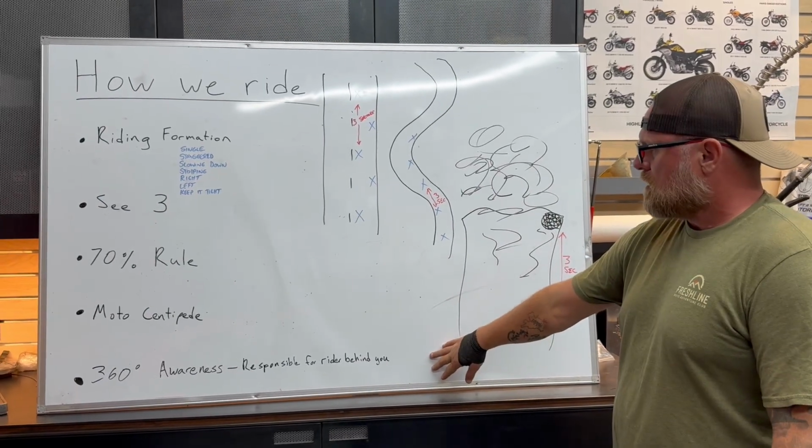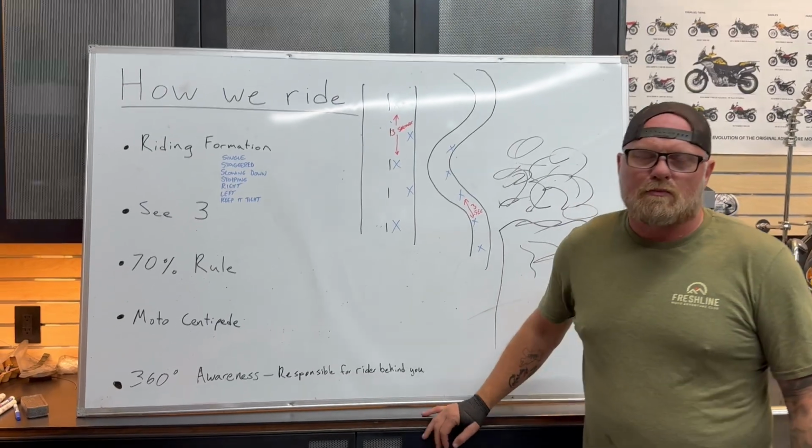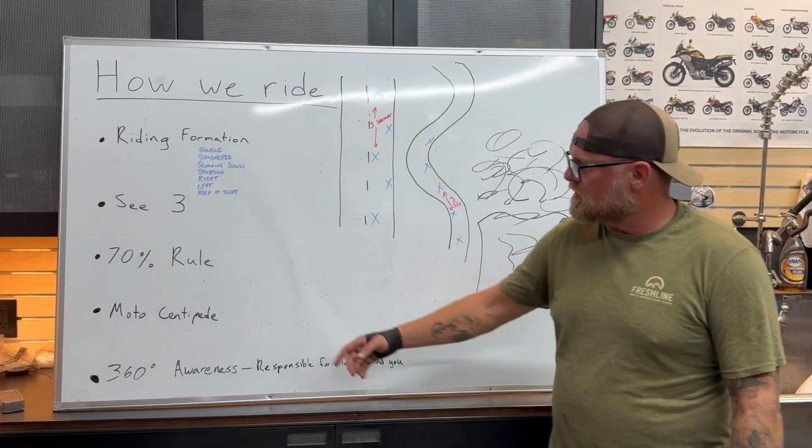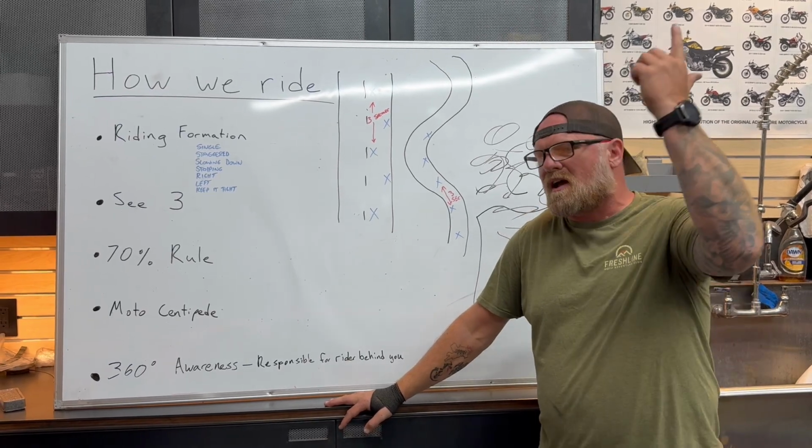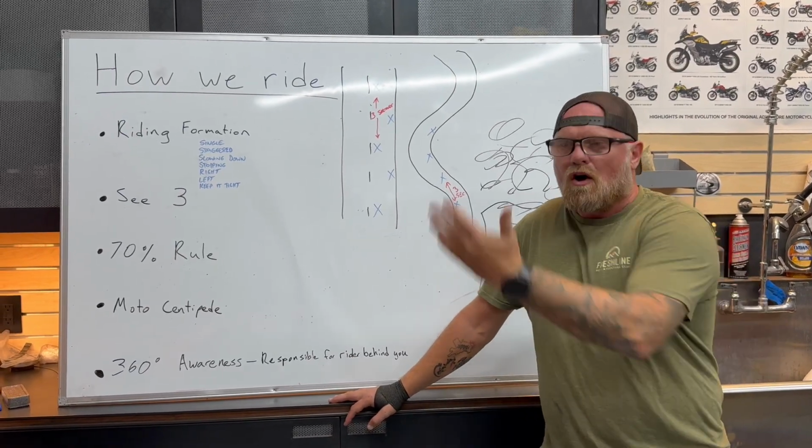360-degree awareness. Ultimately, you should be responsible for the rider behind you. Now, I mentioned this in Moto Centipede. If you're sitting there and you come down to a corner, you flag the guy, I'm good to go, and they go and you stop,